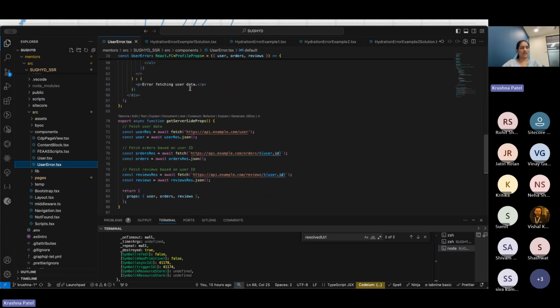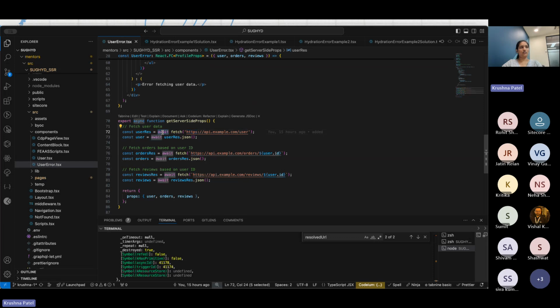So what will happen in the SSG case? First, it will not generate the page at build time. So when a user clicks on that page, it will try to generate the page at server level and return it to the client user. While generating that page at runtime, first it will call to get the user detail,